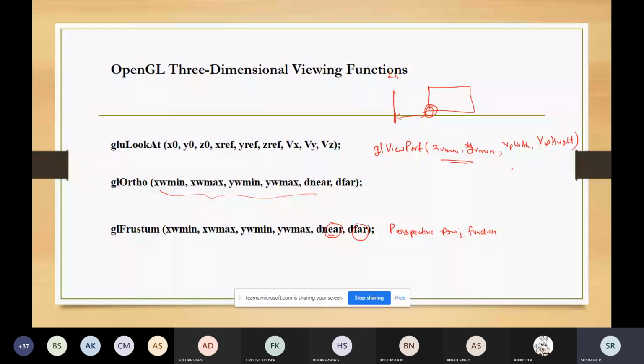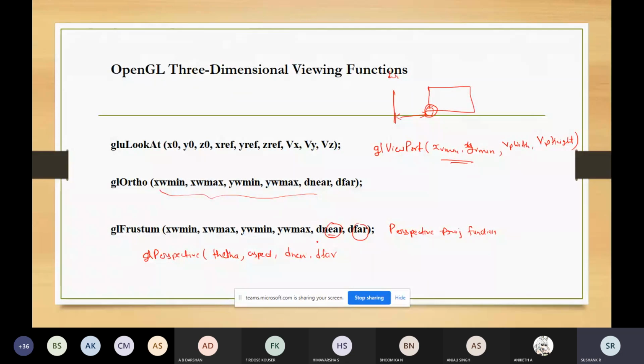In addition to that, we have one more function, gluPerspective, with parameters theta, aspect ratio, distance near, distance far.